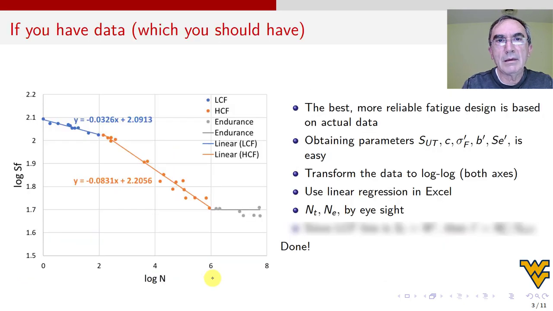Okay, so now what I did here is I start with the data, if you have data, which you should have. Because like I said before, the best is to have data. Maybe you can get the data from the supplier of the material. Usually the suppliers do testing and they have data. If you ask, they will give it to you. Because having data, you know what you're working with. It's not just assumptions like we will do later.